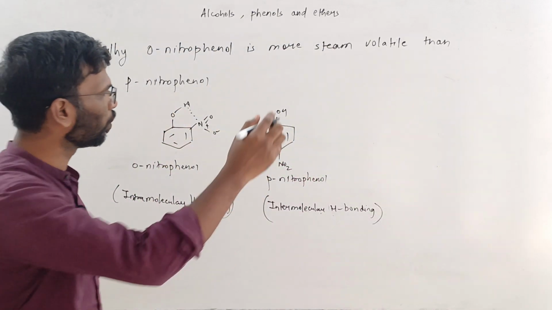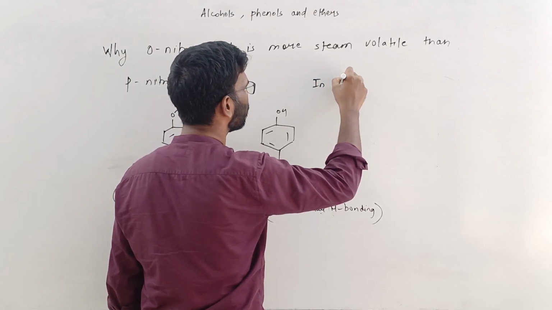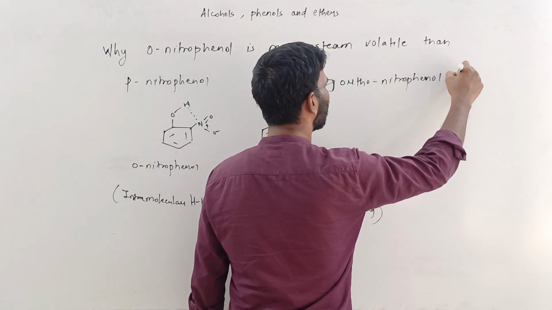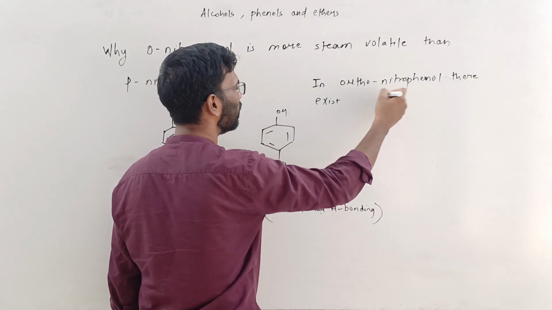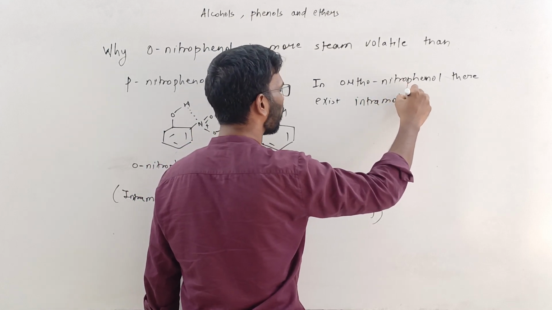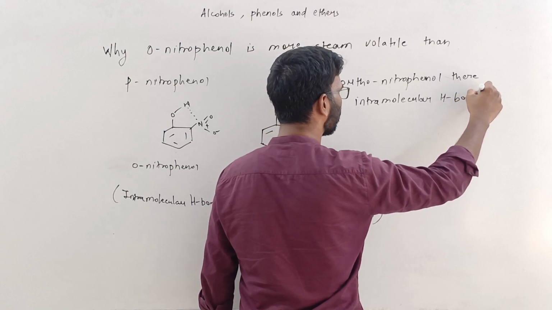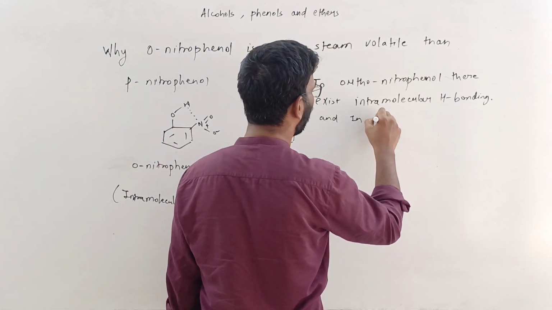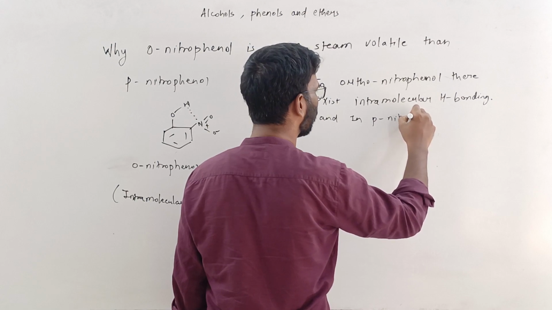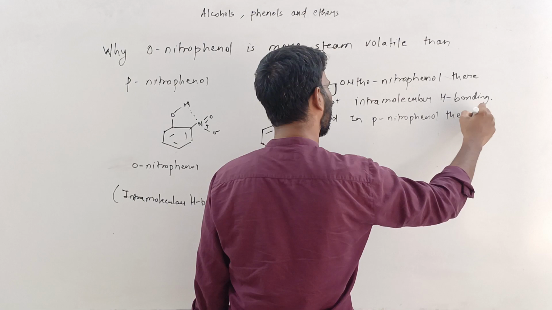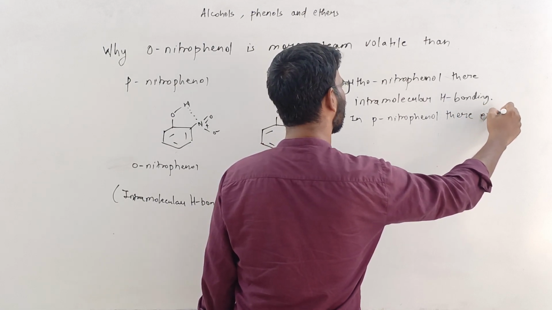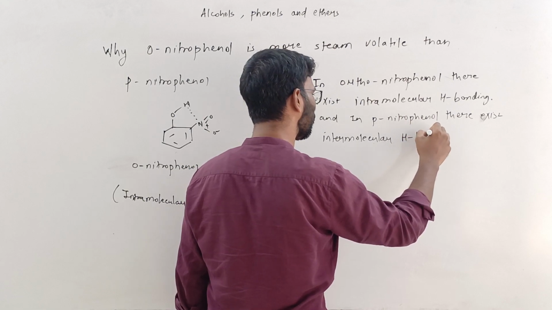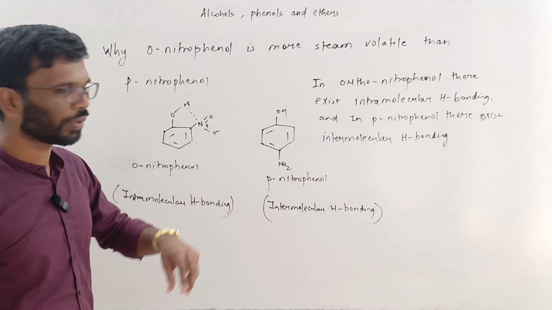In orthonitrophenol, you can write this way, in orthonitrophenol there exists intramolecular hydrogen bonding, and in paranitrophenol there exists intermolecular hydrogen bonding. So as a consequence, okay,